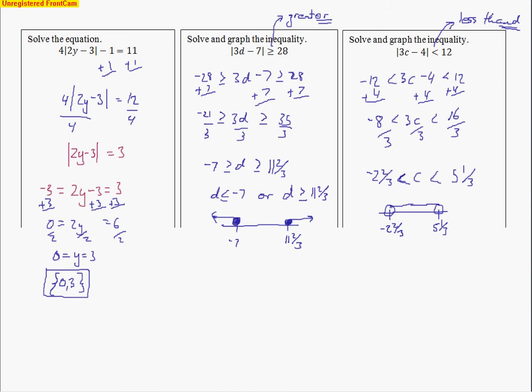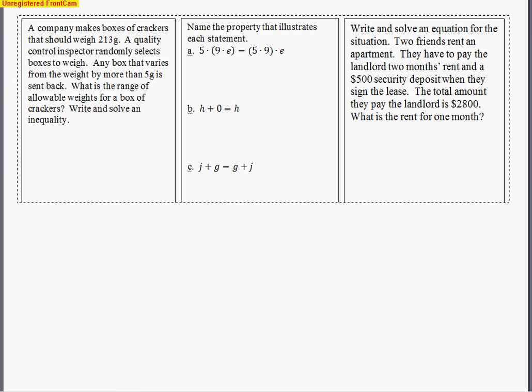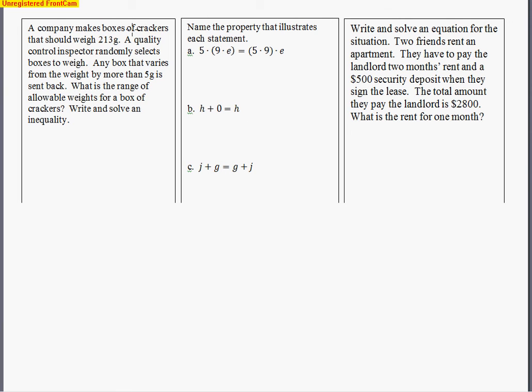So let's take a look at our next set of 3 problems, and the first one says a company makes boxes of crackers that should weigh 213 grams. A quality control inspector randomly selects boxes to weigh. Any box that varies from the weight by more than 5 grams is sent back. So more than 5 grams. So when we go ahead and set this one up, we want to write and solve an absolute value inequality for the allowable weights. So x equals a weight of a box,